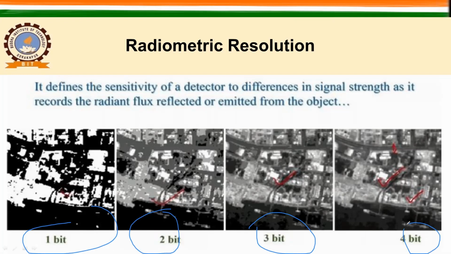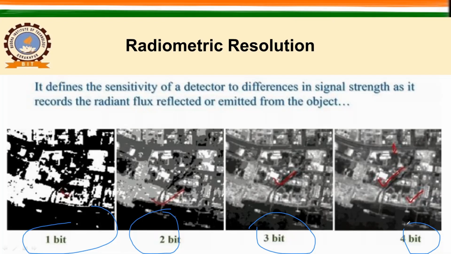In 1-bit data the incoming radiation was differentiated into two levels. But in the case of 2-bit data, you have 2 to the power 2 levels, in 3-bit you have 2 to the power 3, and in 4-bit you have 2 to the power 4.